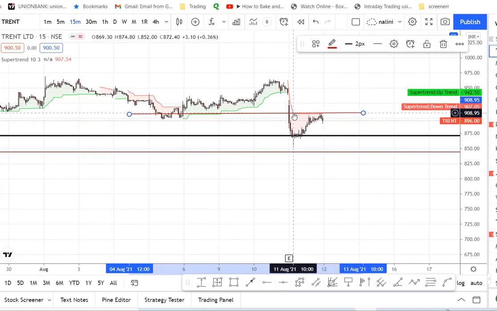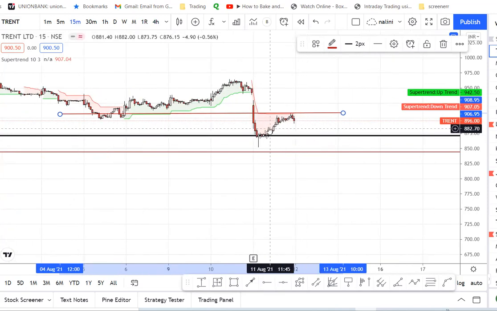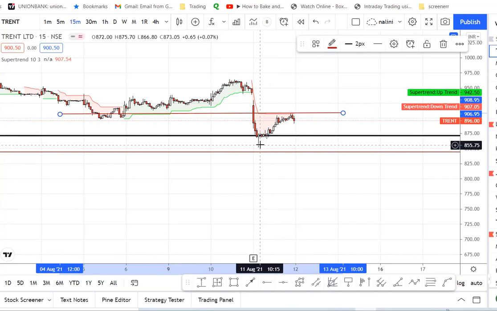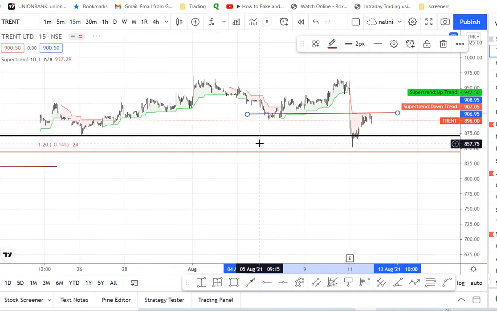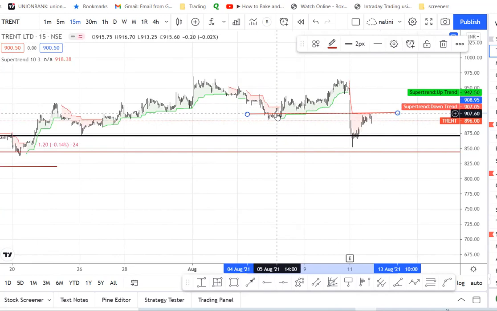When it starts moving sideways, it indicates that price is not going to fall further, because there are two components in this: average true range as well as the last candle's high and low. Okay, in this way you can find out the flip zones, and also the support